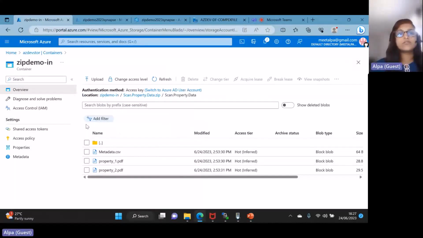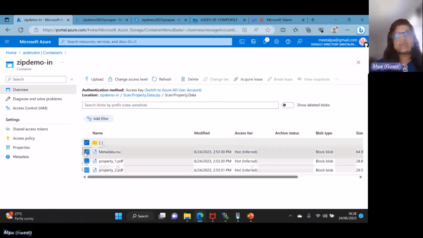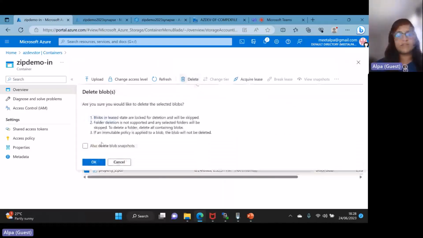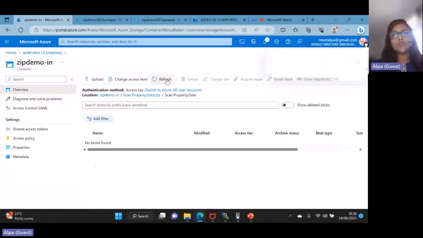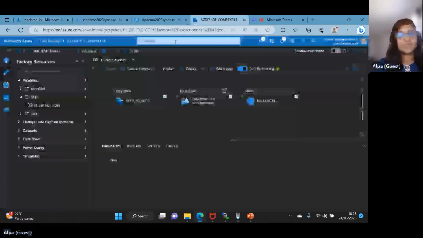So this is my source. I can delete this file. We will get an idea once the pipeline runs. It will move here. That is the first step: move the data from SFTP to here. This container is empty. So once I run my pipeline here,